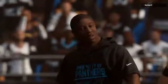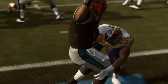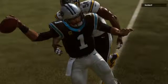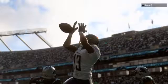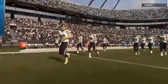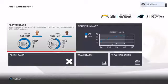A road win in the National Football League. Charles, you never take that for granted no matter who you're playing, no matter where you're playing. You take it and you run with it. And you know you primed the pump all week in your own home facility. No one thinks we can do this. Only people who believe are right here in this room. And then you go on the road, band together, and get it done. So for our visitors, they continue to keep pace for that first-round bye as they move to 11-1. And they'll get another road test next week as they head to Mile High to take on